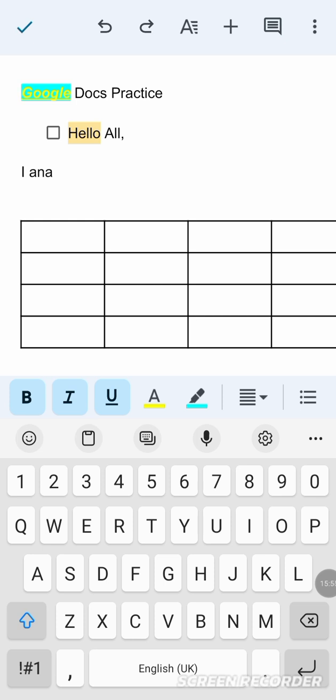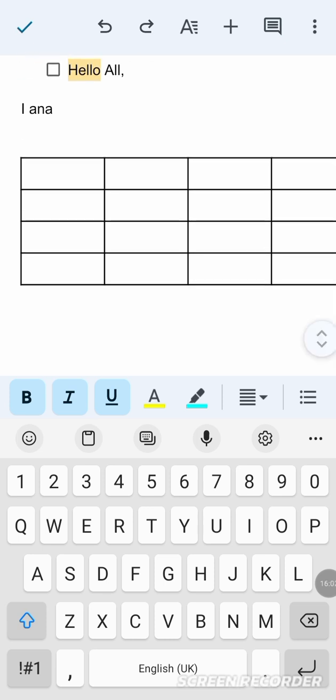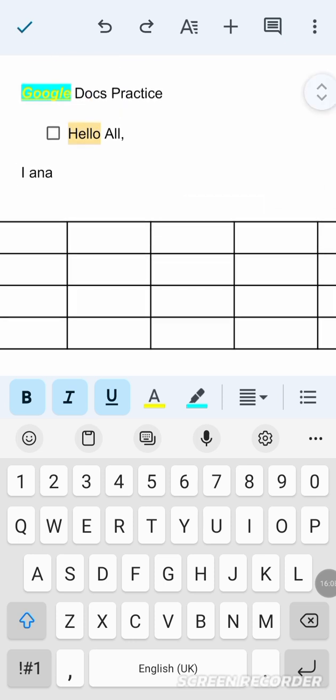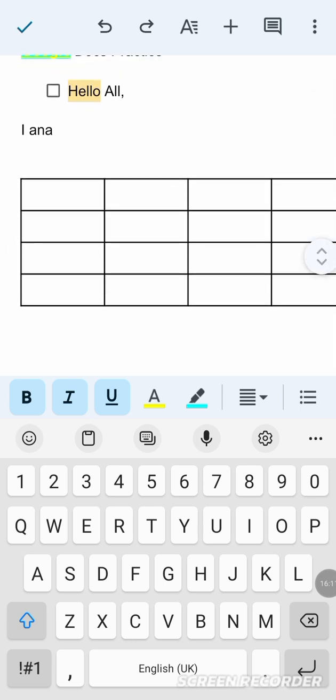Then stay tuned for further videos because I'm shortly giving you details on how to use Google Slides and Google Sheets on your own smartphone so that you can be productive and resourceful in your work,